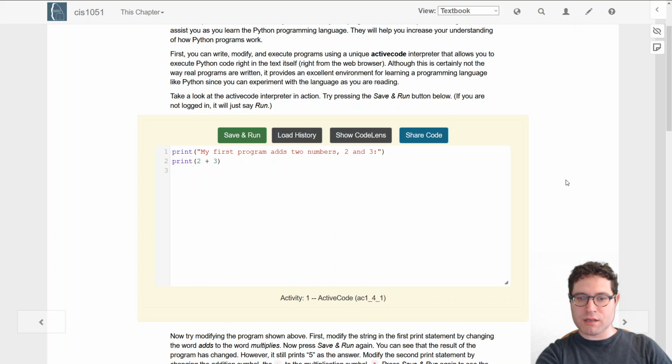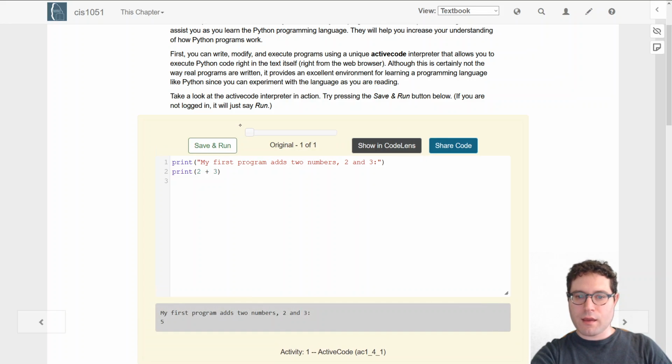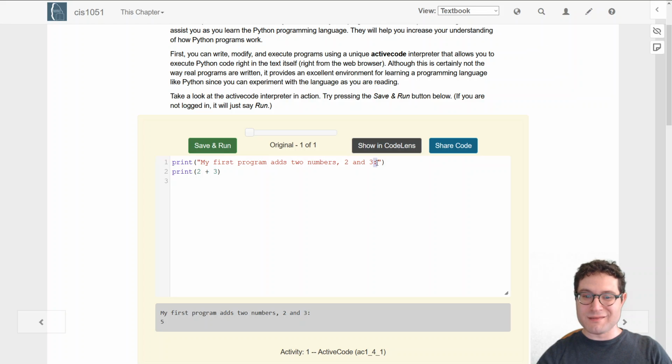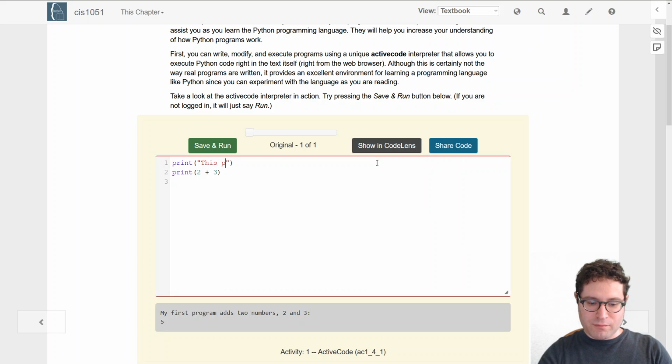And all we have to do is just hit save and run, and we ran these two lines of code here, and it says my first program adds two numbers, 2 and 3, print 5. And we can change this, this is completely editable, not edible, can't eat it. So this program just says hi, and we'll go into more detail about this when we actually talk about how to actually program, but